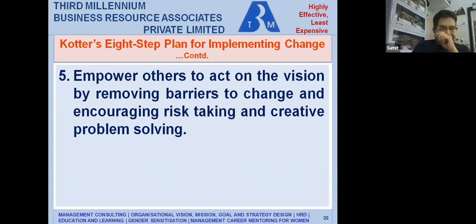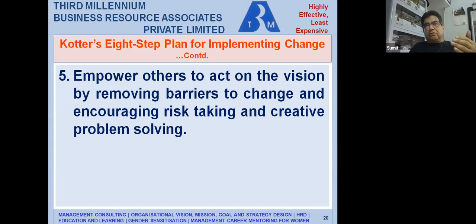Fifth step, I think we have already exceeded the time. So these are the summary steps. What will be left after the 8 steps is a little more detail of this. Maybe we can touch upon that tomorrow. I'll try to send you these slides today itself so that you can go through them and we spend some time on revising.